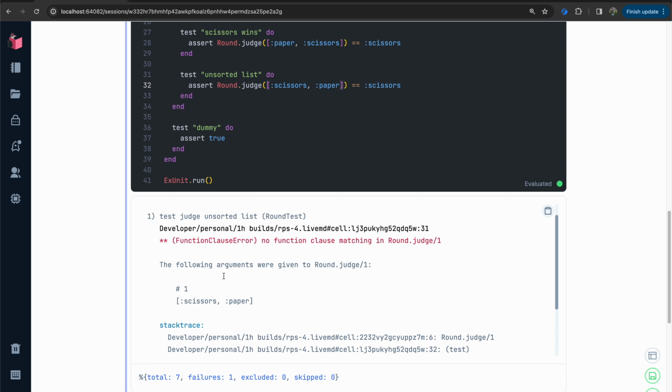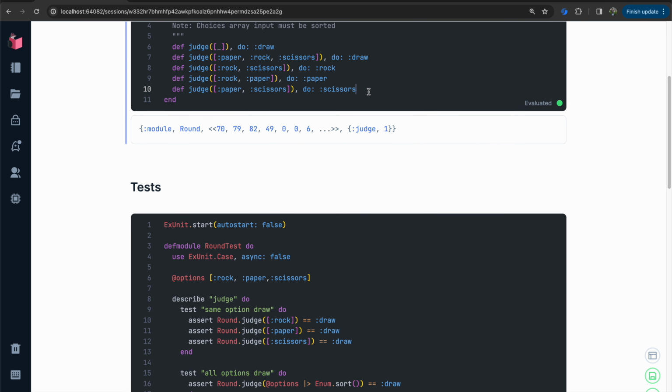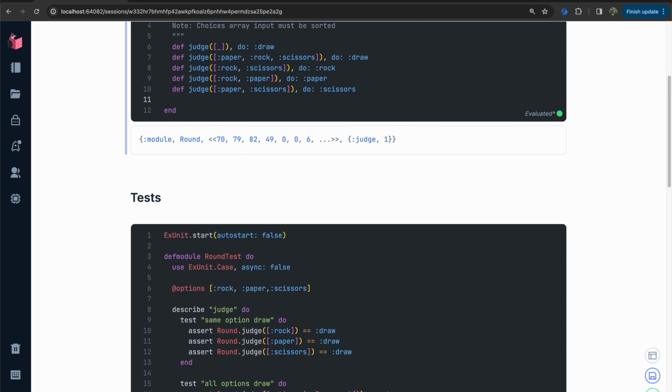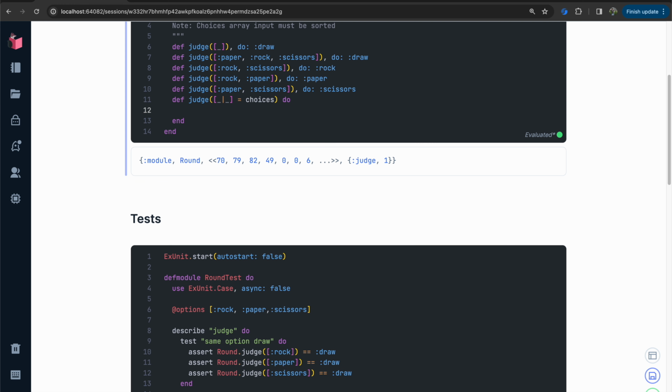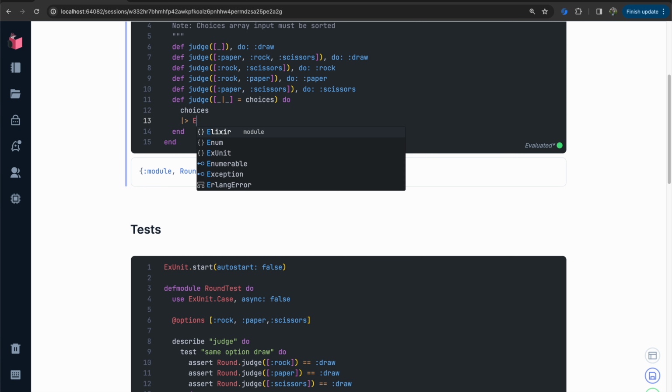Yeah, we can sort it through a contract, but what might be a bit nicer as a user is to define a function here, judge, which just takes a list with multiple elements, in fact any list, and let's call that choices. And what we're going to do is take the choices and first of all make sure they're unique,